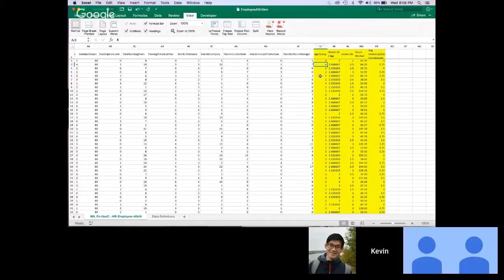This is Team 6, and we're discussing the attrition data that was provided for Fab Core. As you can see from our Excel spreadsheet, we added a few columns at the end, including